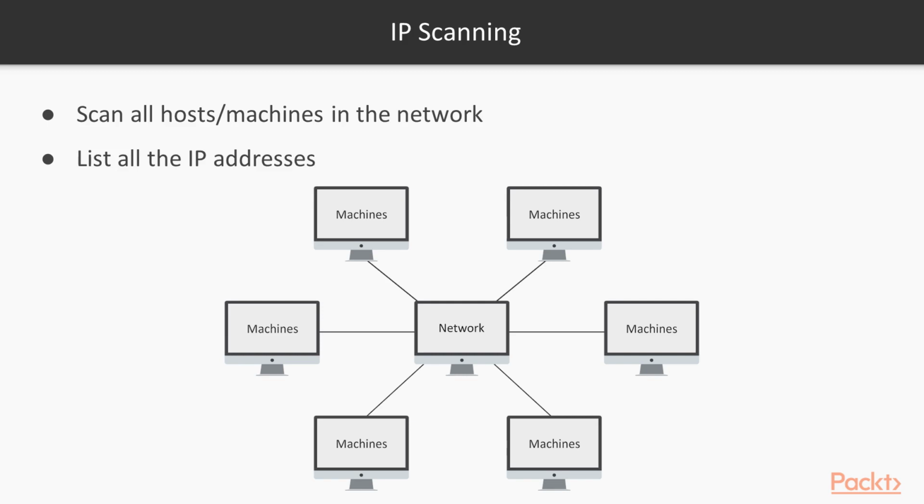So this is the first step in vulnerability scanning: first of all you need to check what the live machines in the network are. To check all the live machines in the network, you can use the IP scanners inside the Kali Linux operating system, and they are pre-installed. They list all the IP addresses right here and provide you information inside this table. So I will show you how you can perform IP scanning inside Kali Linux. Start your Kali Linux operating system and I will show you which tool you can use.